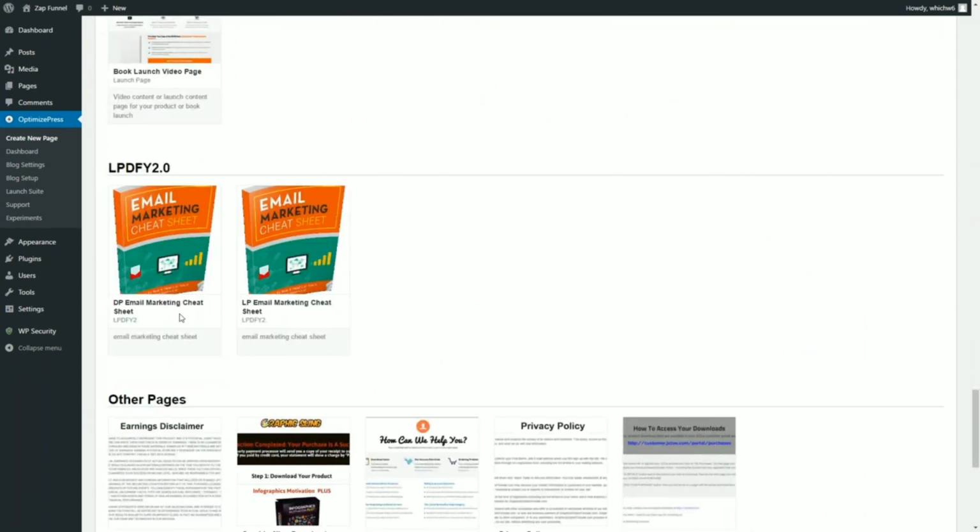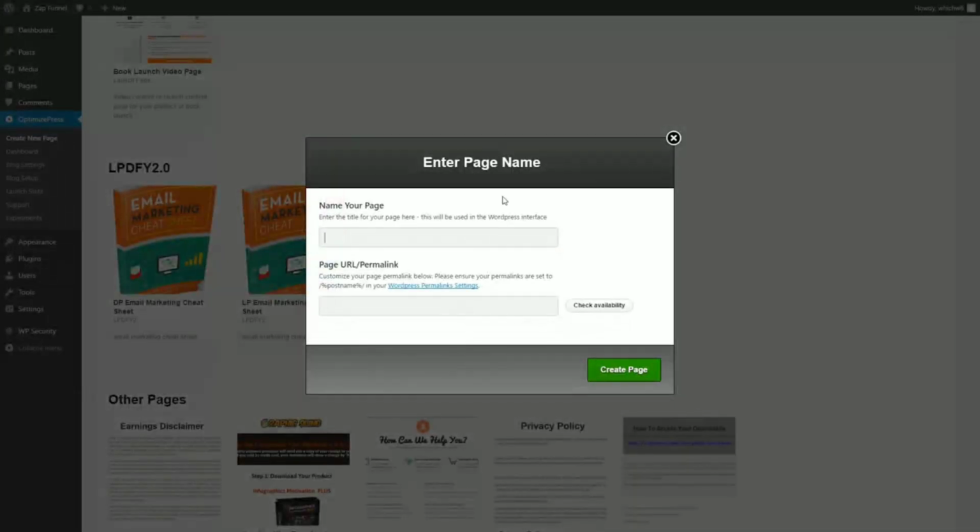So again, the descriptions are pretty obvious. There's a landing page and there's a download page. So let's start off with the landing page here. Click on Use Template, and let's just give it a name. Maybe you can just call it landing page, or main page if you would like. It's totally up to you. Give it a name and click Create Page,